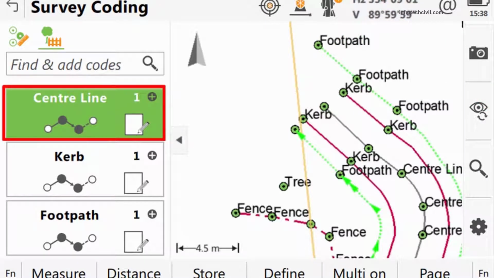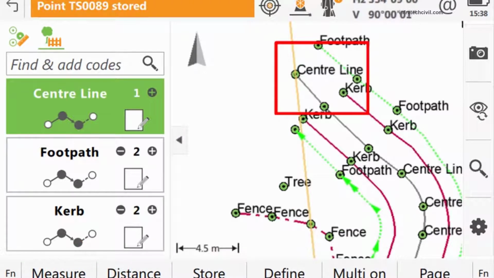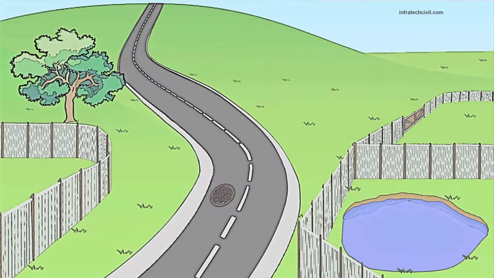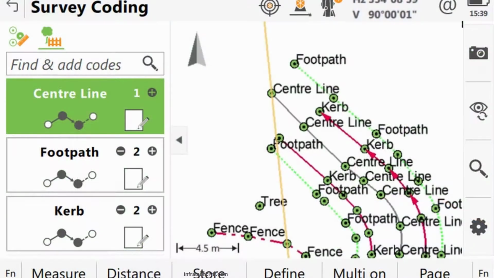Then, let's make sure that the code box is on the list, and that is the highlighted code box. This means that when we measure, we know that it will be given the correct code and added to the line as we desire. We could next continue the survey and finish the road far into the distance. However, we're all comfortable doing that now, and instead, we'll stop and take a look at what we've accomplished so